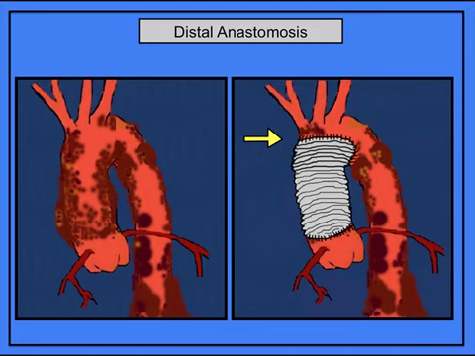A more conventional operation for acute type A aortic dissection involves the replacement of the lesser curvature of the aortic arch under deep hypothermic circulatory arrest. The advantage of this method is that it allows for examination of the entire arch, resection of more diseased tissue, and for performance of the distal anastomosis without